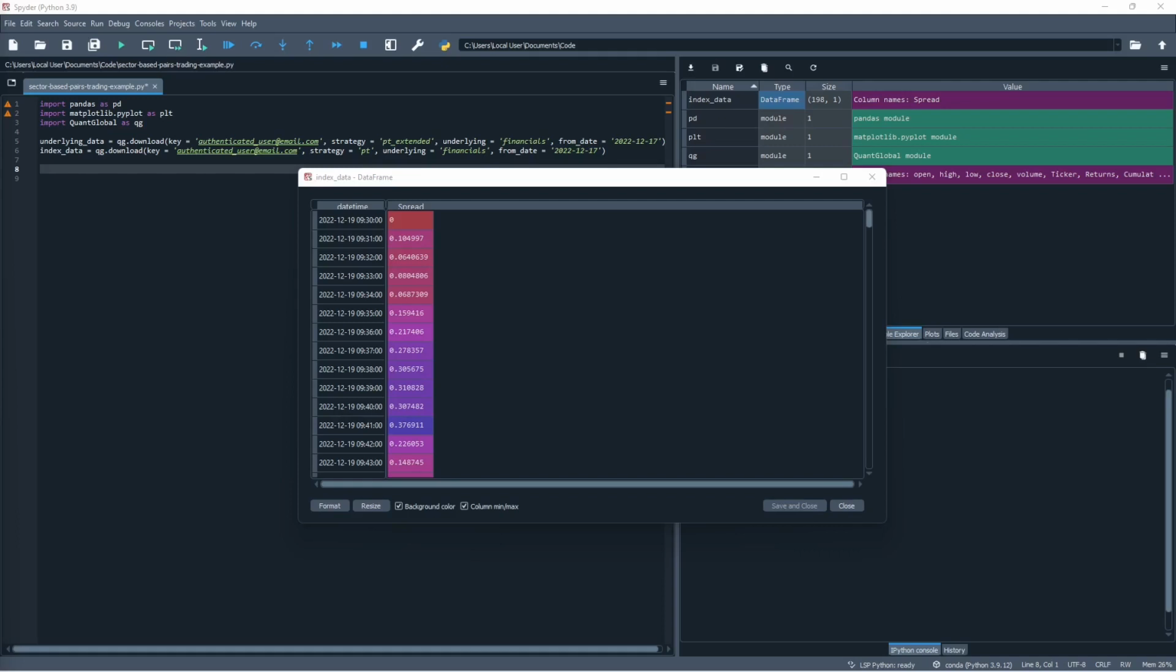The index data variable contains the spread at any given time. This is where the trade signal will come from, as it represents the spread that we are basing the pairs trade off. As mentioned in the previous slides, the spread is calculated by taking the absolute difference in returns of